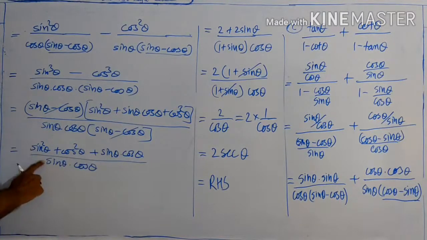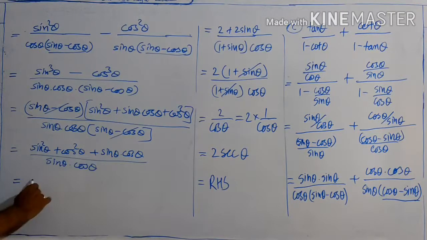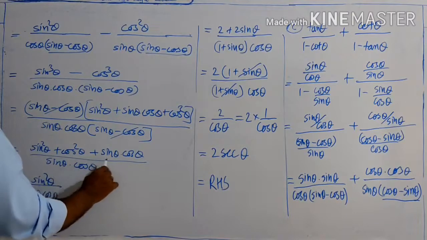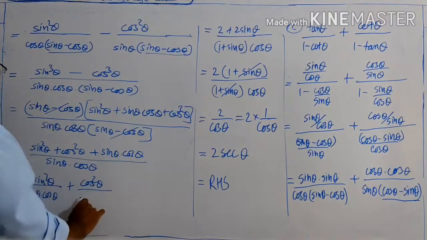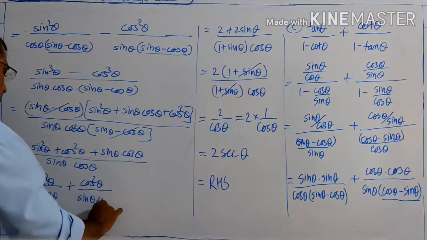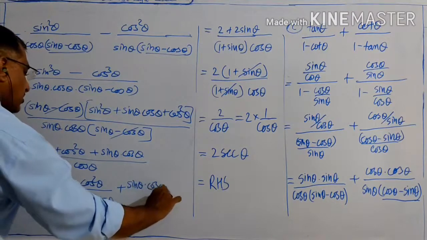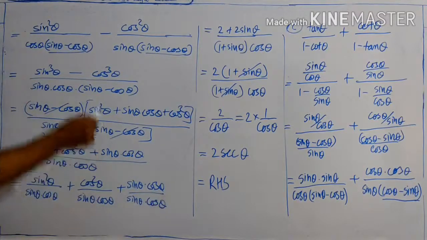So if we take the denominator for each term, we will get sin square theta divided by sin theta into cos theta plus cos square theta divided by sin theta into cos theta plus sin theta into cos theta divided by sin theta into cos theta. So now we can write